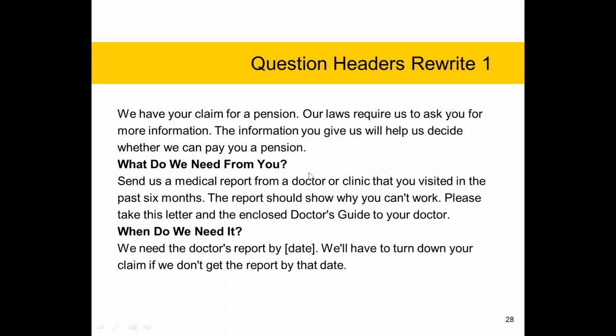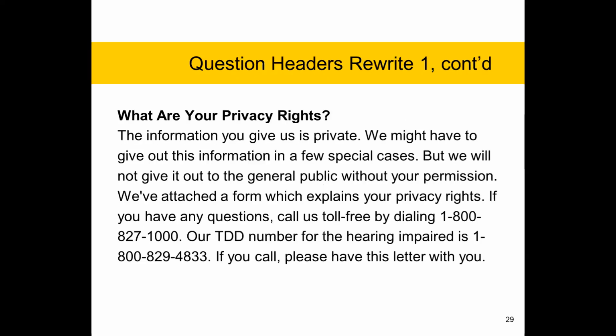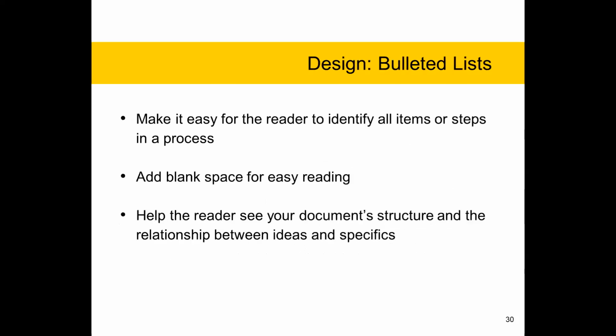What do we need from you? When do we need it? It's really the same clustering. You're just changing whether you have a phrase or a question. What are your privacy rights? That will depend mostly on what your content is. It's sometimes good to see content that's not from your agency, just so you can see the example and not work your way through it. It's always easier, I think, editing what you normally do, having seen these other examples.